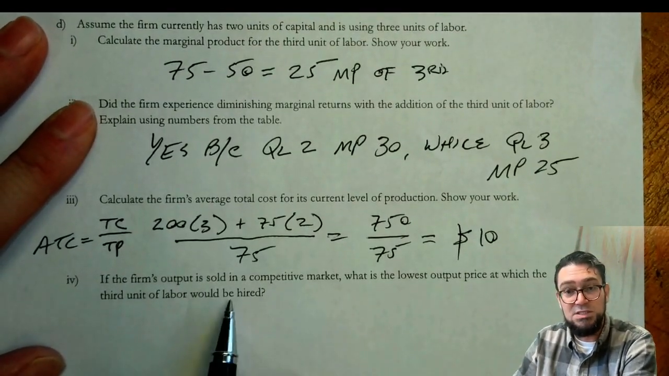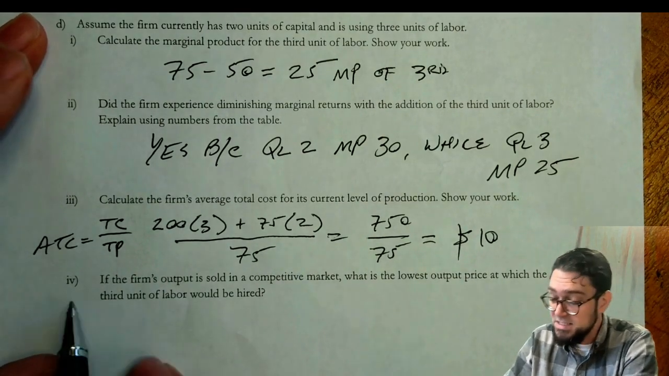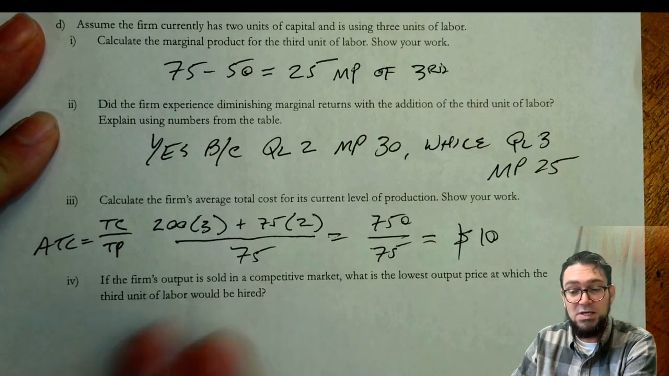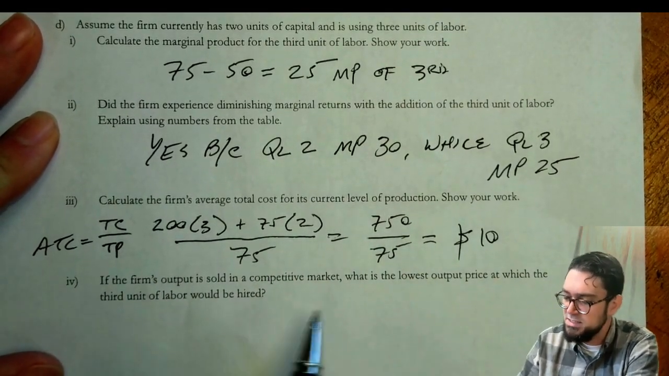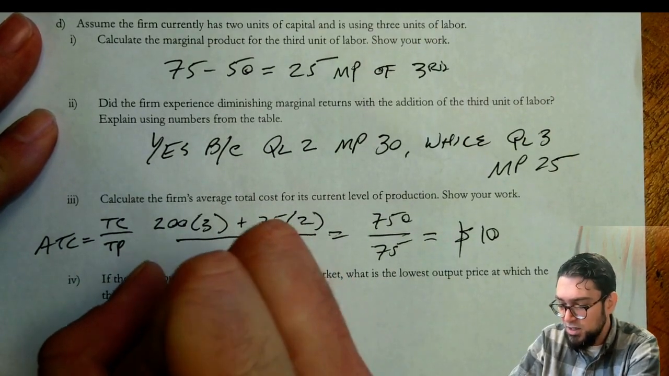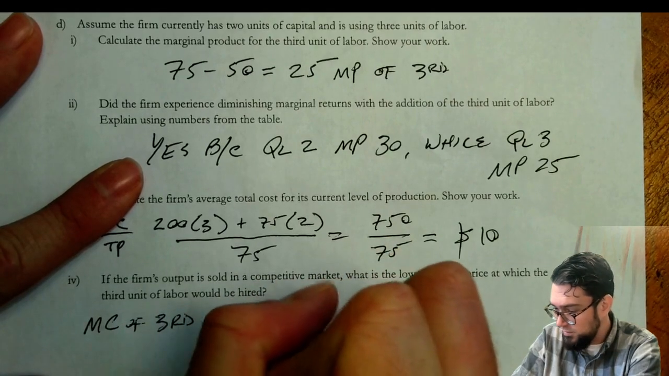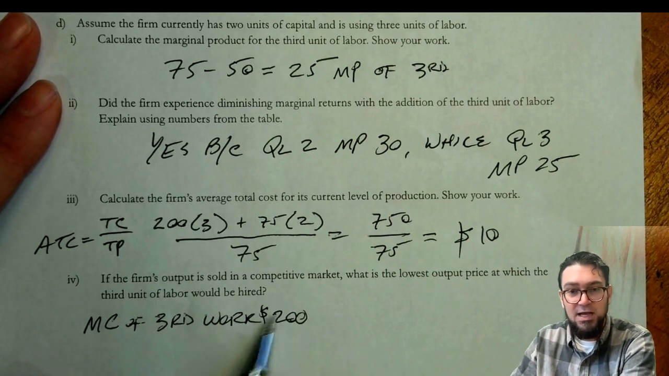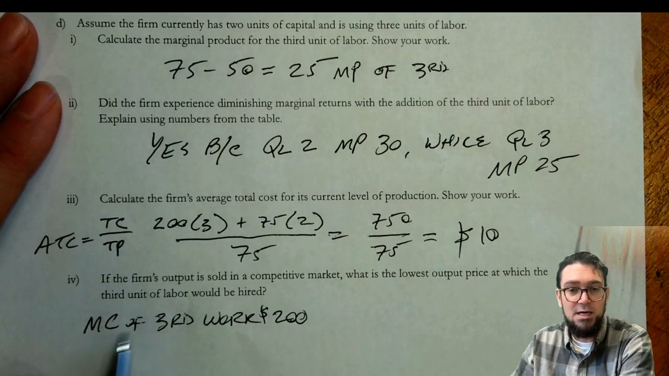If the firm's output is sold in a competitive market, what's the lowest output price at which the third unit of labor would be hired? Now, this is a really tough question, right? We actually haven't really thought about it that way before in this class. So I encourage you to chew on this question before just saying, I'm just going to follow whatever Gloss does. Think about it. This third worker, how much did their marginal cost was $200. And so I have to have that worker generate at least $200 to justify hiring them,